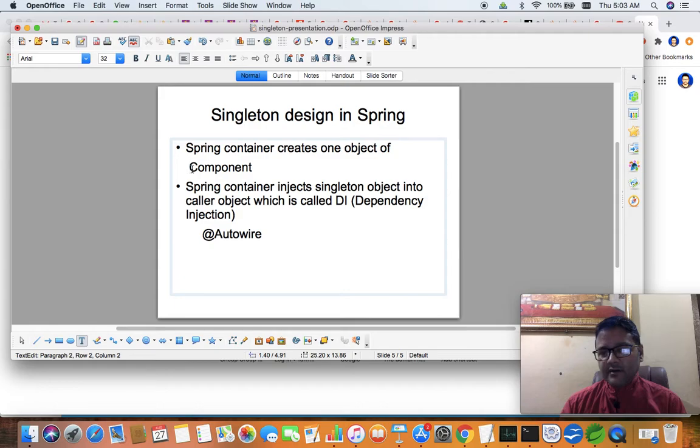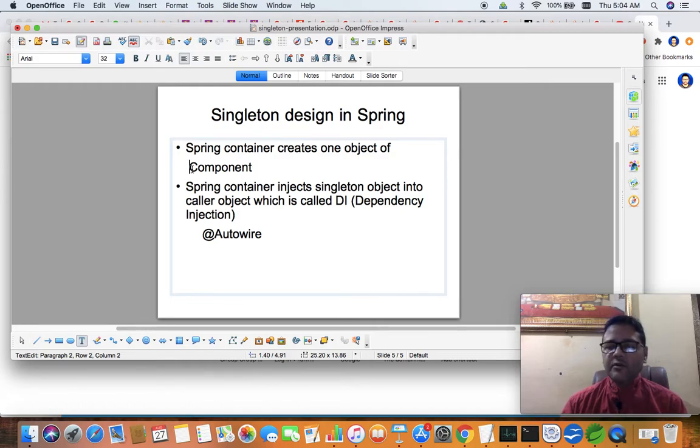We have started using it in different videos, but the detailed discussion about this @Autowired we are going to have in this video. That is the implementation of one design pattern called dependency injection, which is very much a buzzword among Spring developers.